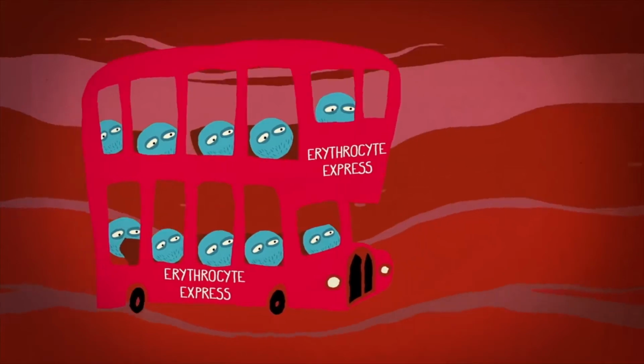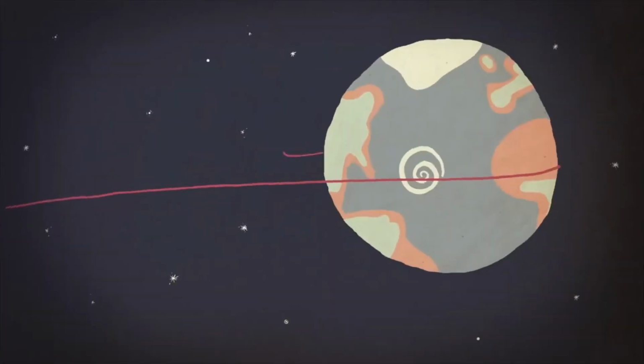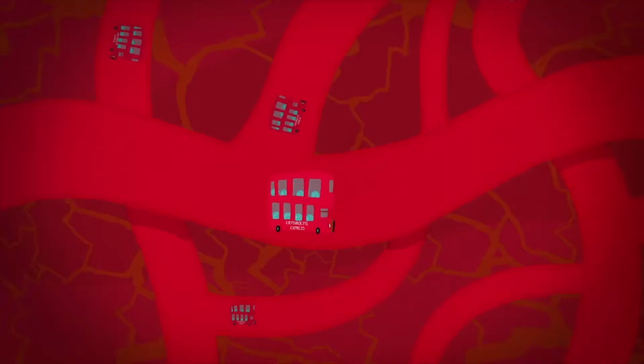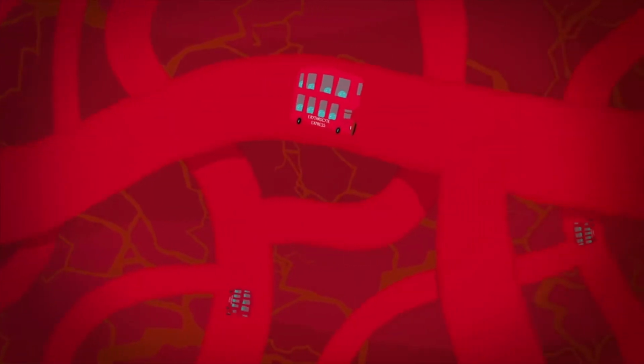These oxygen-enriched cells are then carried from the lungs through the cardiovascular network, a massive collection of blood vessels that reaches every cell in the body. If we laid this system out end to end in a straight line, the vessels would wrap around the Earth several times. Propelling red blood cells through this extensive network requires a pretty powerful pump, and that's where your heart